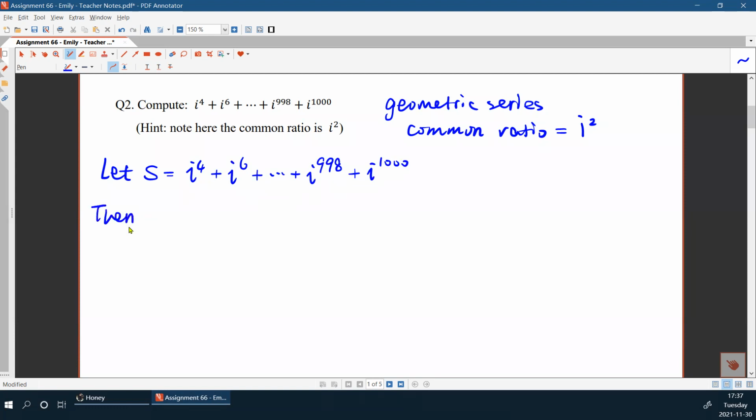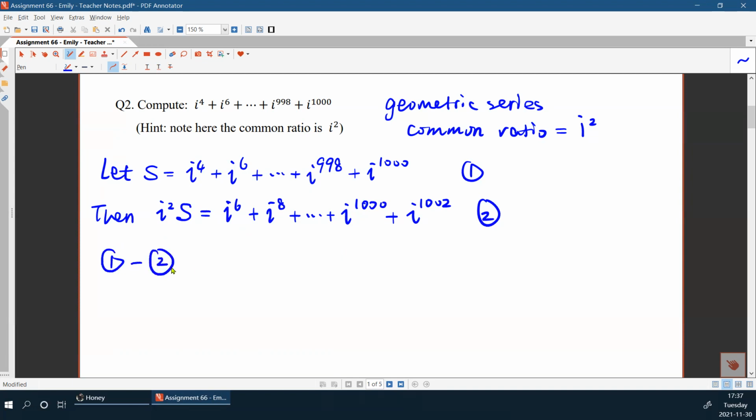Then we multiply both sides by i squared. So i squared times S equals i to the power of 6 plus i to the power of 8, and then all the way up to i to the power of 1000, and then i to the power of 1002. We can label these 1 and 2 respectively. Then we can use the first equation subtracted by the second equation, and this will give us S minus i squared S equals